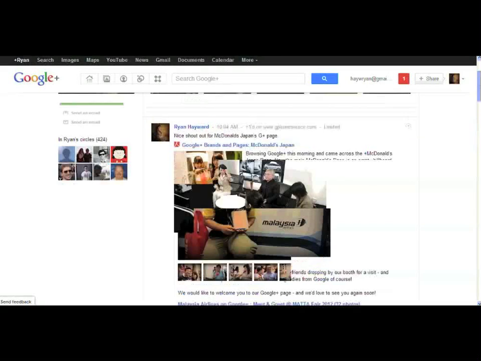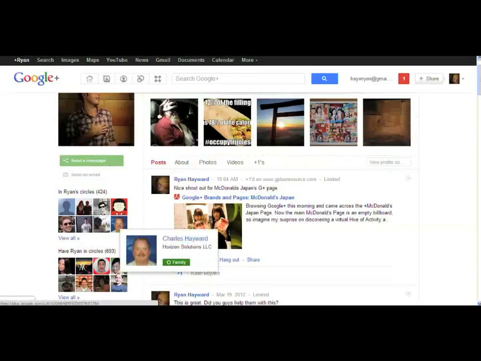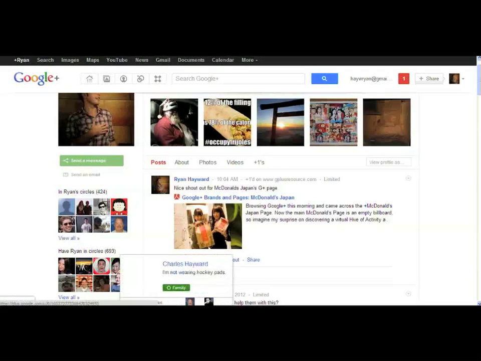So other elements of this page, you can see the people that are in my circles and the people that have me in circles. So this is a little bit different from, say, Facebook, for example, where consumers have a friend, so you basically just have one number. It's a number of friends. This is probably more similar to what maybe you're familiar with on Twitter. In Twitter, you're following people, and you also can be followed. And as a brand, you tend to have many more followers than people that you're following. So similarly, I have around 700 people that have me in circles or that are actually following the content that I'm putting out, versus around 400 people that I'm actually following or have in my own circles.